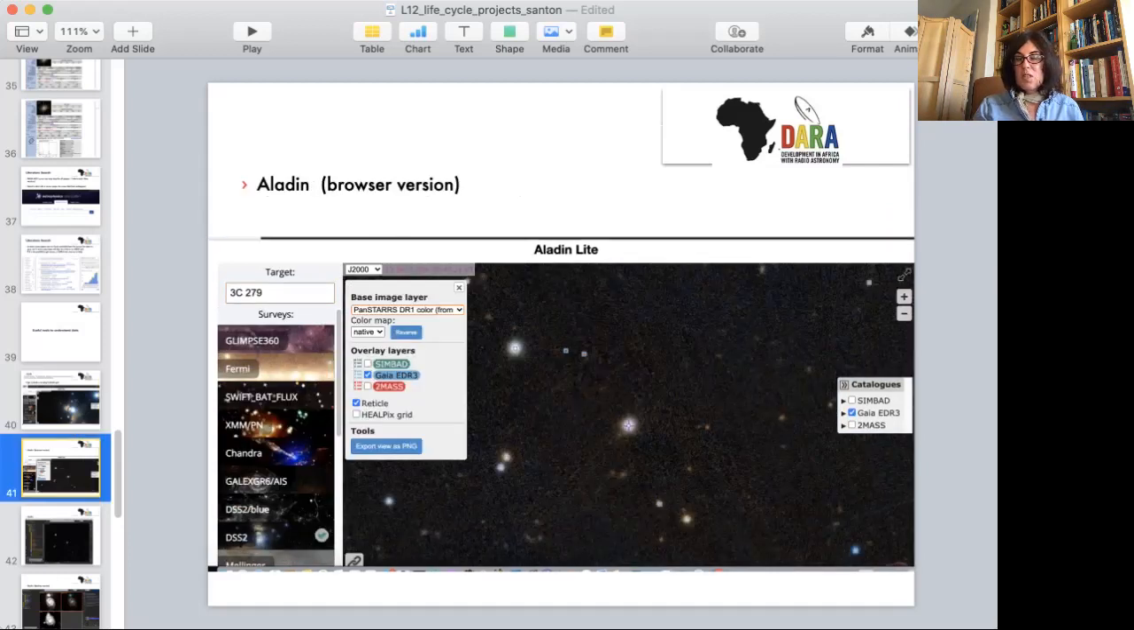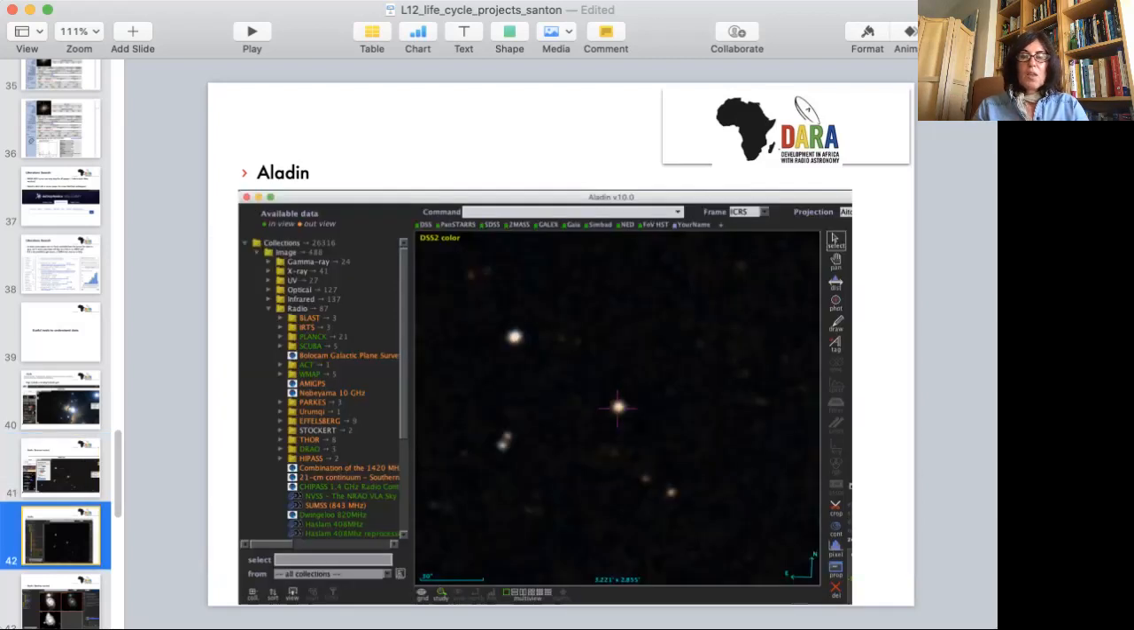So for instance, for 3C279, this is Pan-STARRS, I think, image, and yes, it's the base image layer, it's Pan-STARRS that I choose. And then I superimposed because I wanted to know which were the objects in this area of the sky that were detected by Gaia. And here are the detections that Gaia have in this area of sky. But if you go to the Aladin desktop version, you can do a lot of stuff,